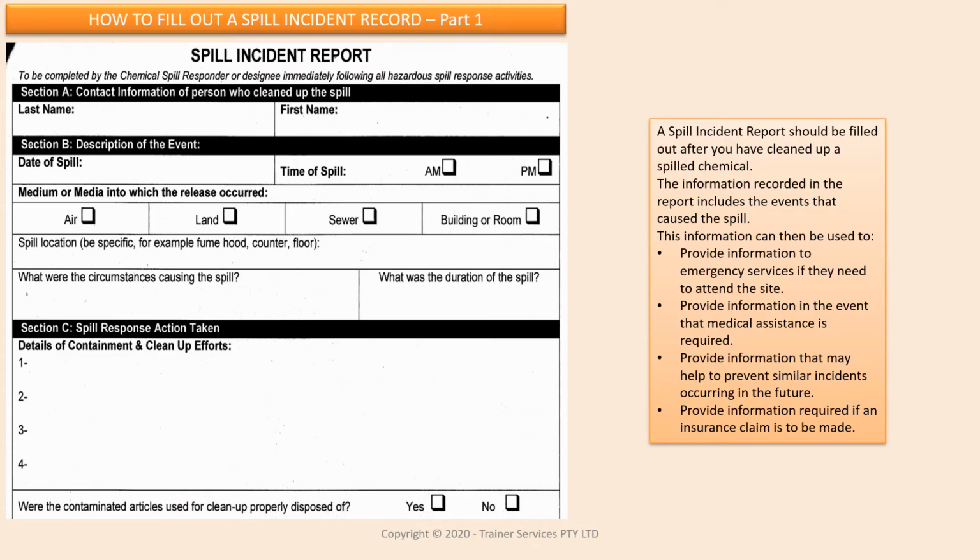A spill incident report should be filled out after you have cleaned up a chemical spill. The information recorded in the report not only includes the events that caused the spill, but will also contain information that you may need to prevent this type of accident happening in the future. In this sample spill report, we will show you how to insert the information about the details of the spill